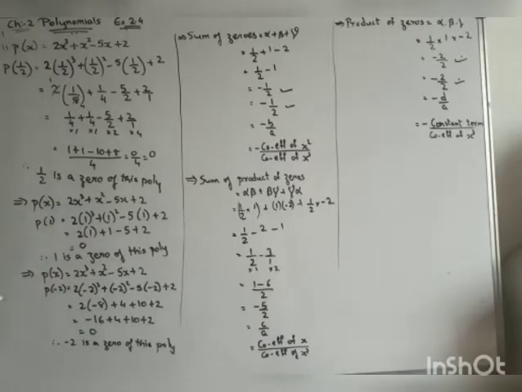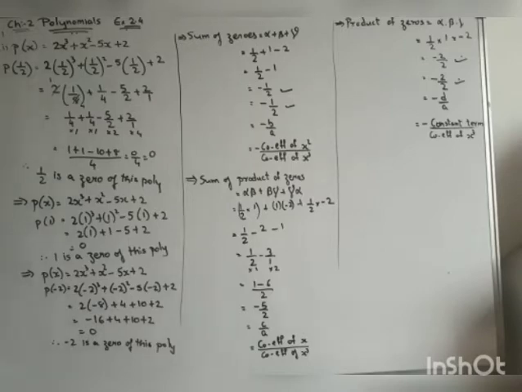Next we have to show whether minus 2 is a zero or not. Again in place of x we will take minus 2. 2 as it is. Cube of minus 2 is minus 8. Plus square of minus 2 is 4. Now minus minus plus, 5 twos are 10, plus 2. So the answer will be 0. So here you can see that as we have got the answer 0, we can say that minus 2 is a zero of this polynomial.